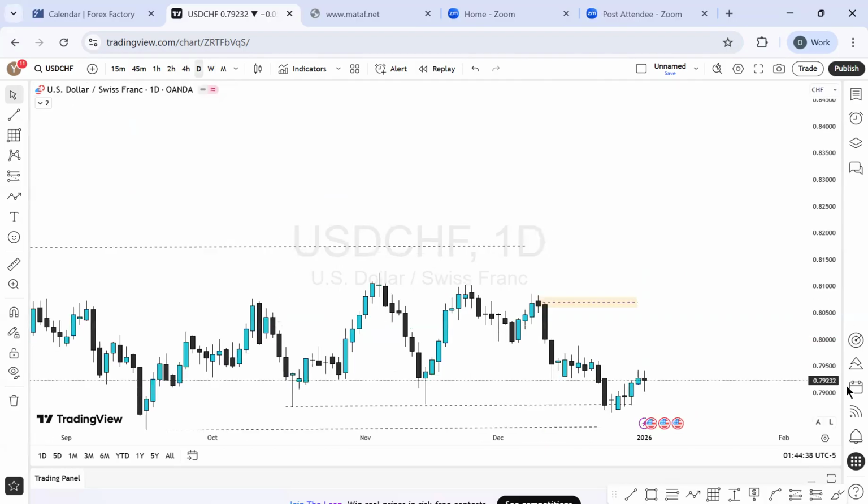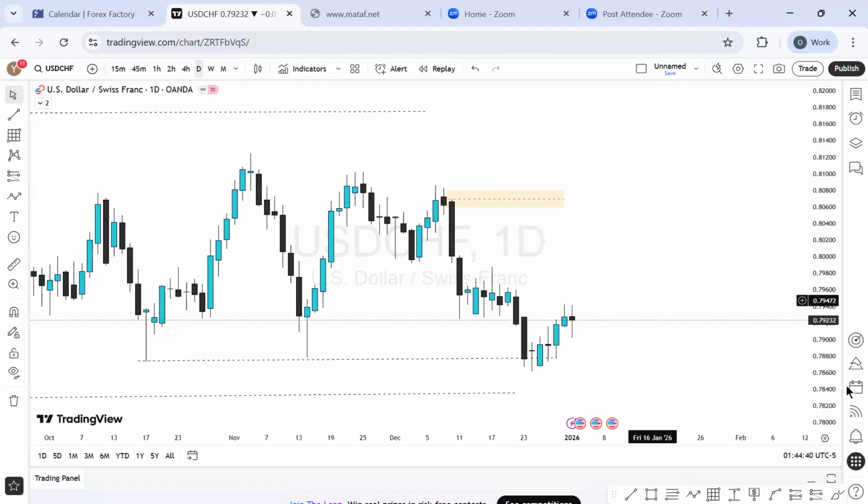On the daily time frame perspective, this is what it looks like. I want to see more bullish momentum, a bullish ride till all this range here. It must be taken out. Seriously, if it's taken out, it's good for us because we'll be expecting the price to get in here. From that price to where we're expecting, we'll be